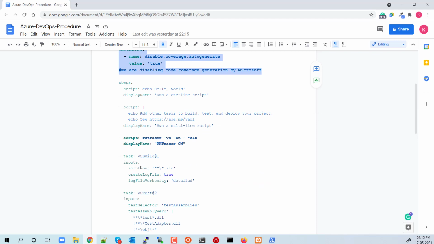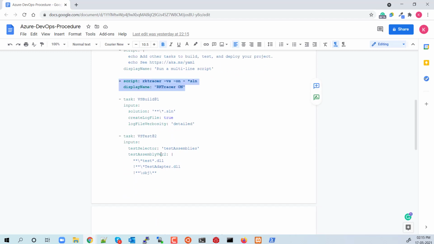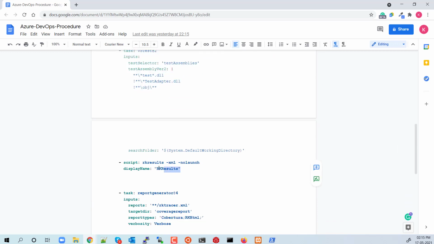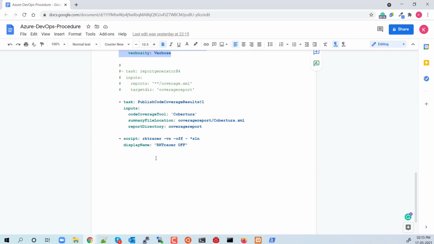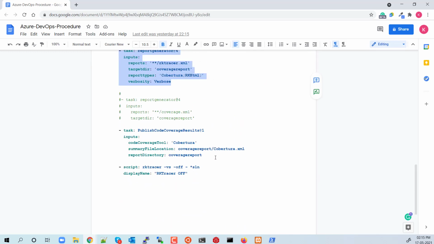The second step is that before you build the project, make sure that you turn on the tool using this option. This is for a Microsoft Visual Studio project. Since we are going to use that for the demonstration, I'm going to turn it on using these options and parameters, and then we are going to build and test it. Once the testing is done, we are going to generate the code coverage report in XML format. Then we are going to convert this to the RKTracer format, and at the last, we are going to publish those reports to the